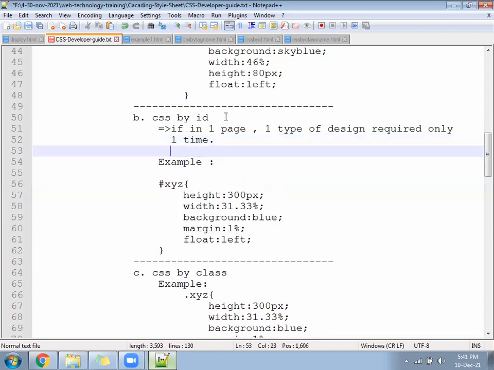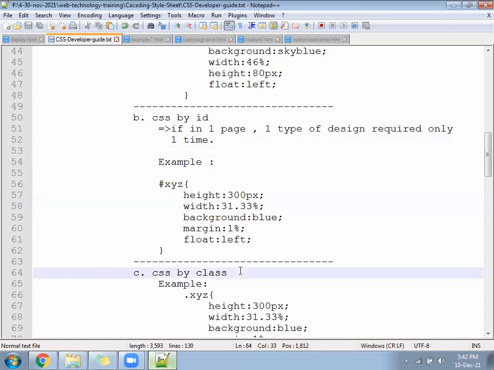Okay. In one page, one type of design you need only one time, like for example navigation, footer, left block. Okay. So remember this theory: in one page, one type of design you need only one time, then you can use the ID.